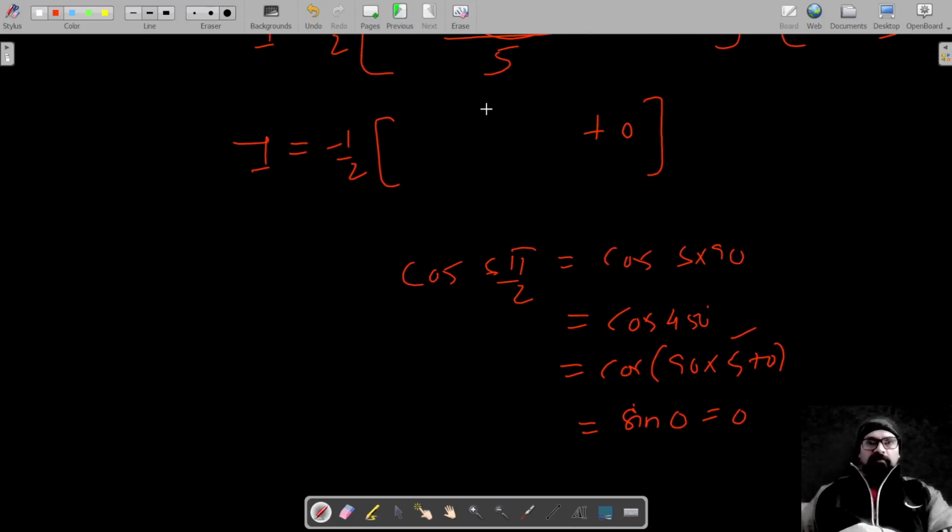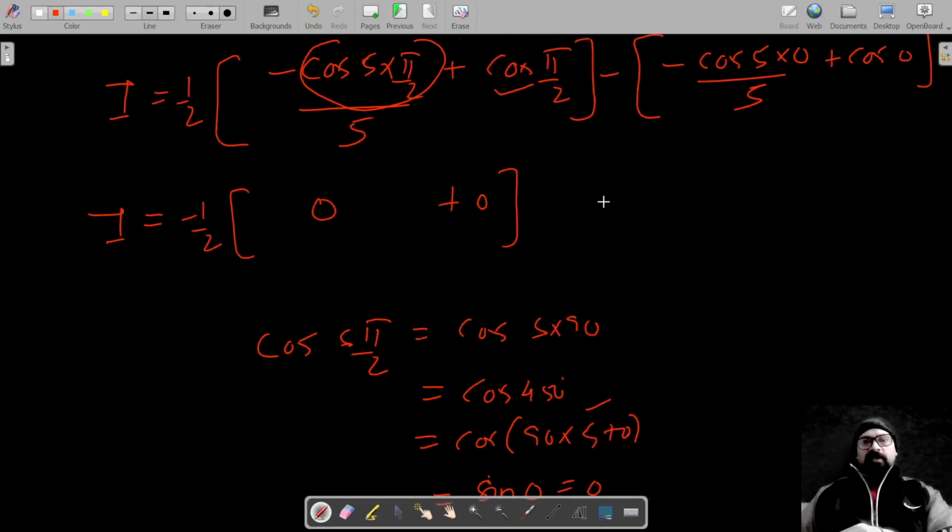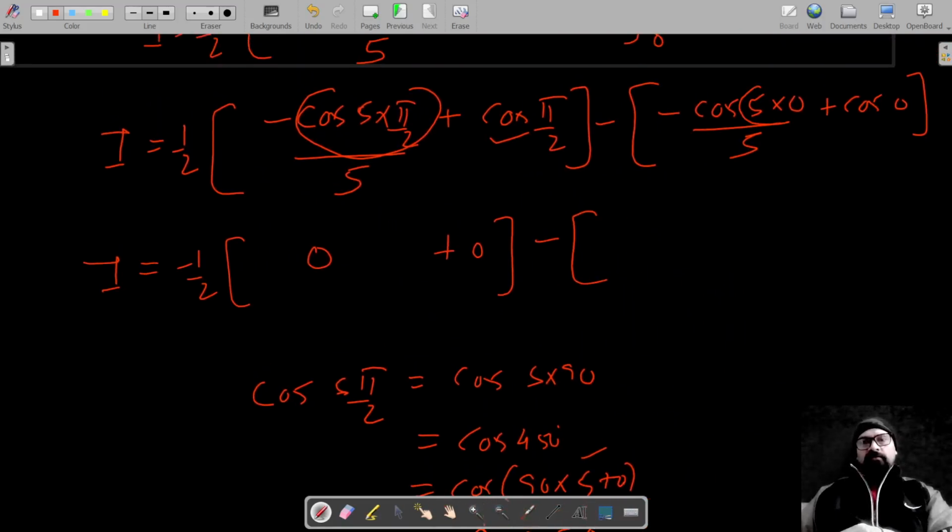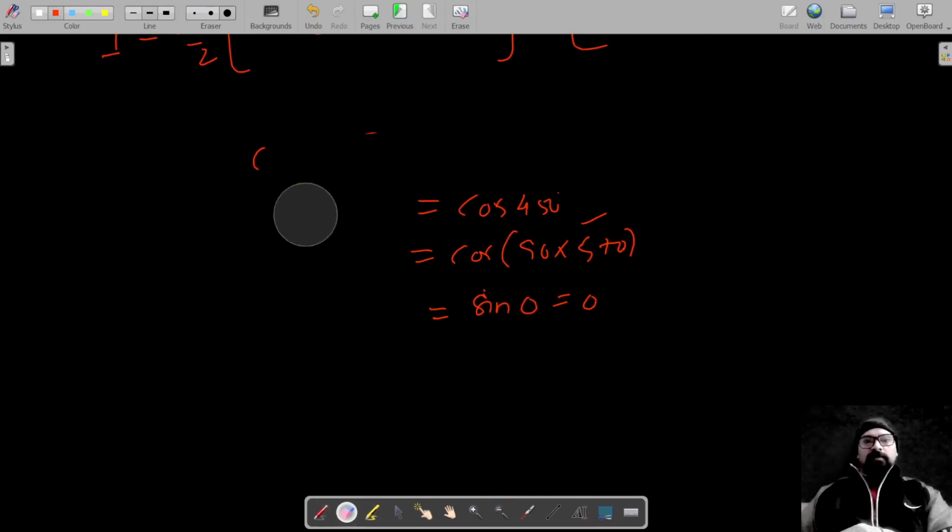Okay, so this is 0 by 5, which is 0. So this is 0 minus. Now cos 5 into 0 is 0 and cos 0 is 1. So negative 1 by 5 plus cos 0 is 1. This is now equal to,